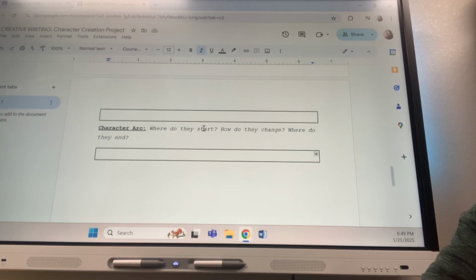Where do they start? How do they change? And where do they end? We didn't get super deep into this. Think about your characters and how the story will change them. The main question is, how does your character change through the events they face? Nobody's the same at the beginning of their life versus the end. Your character won't be either,